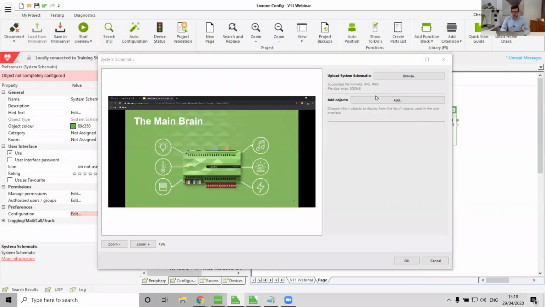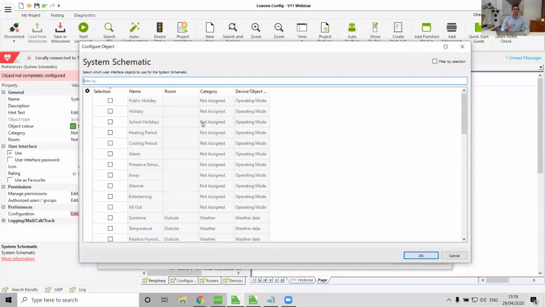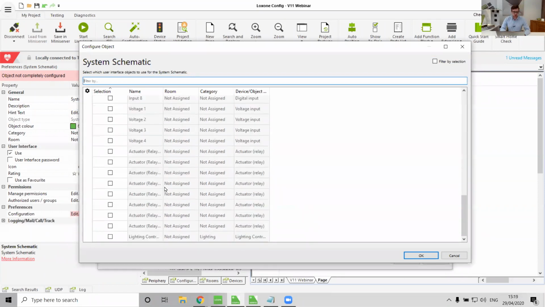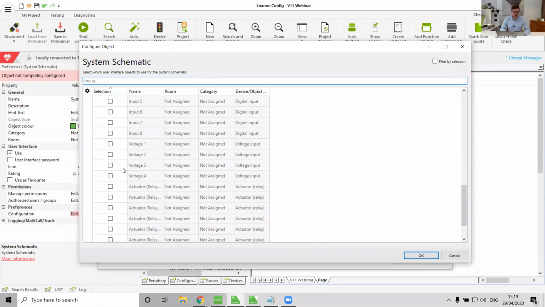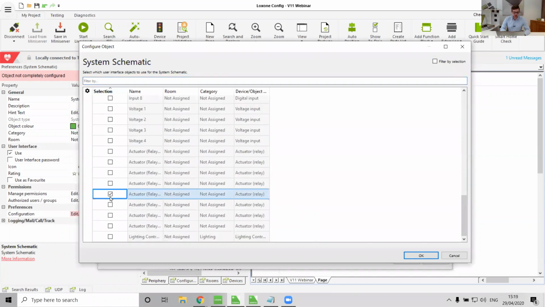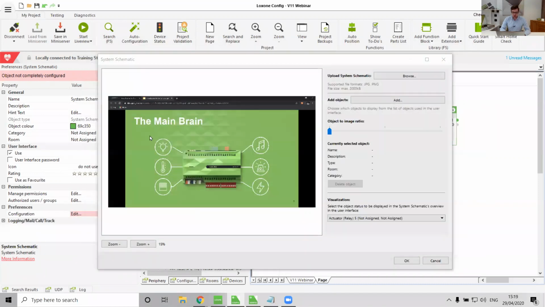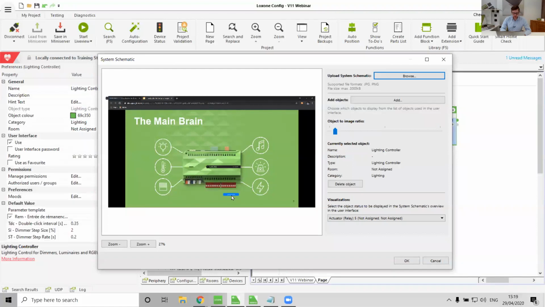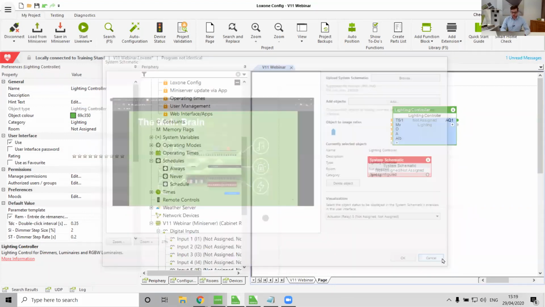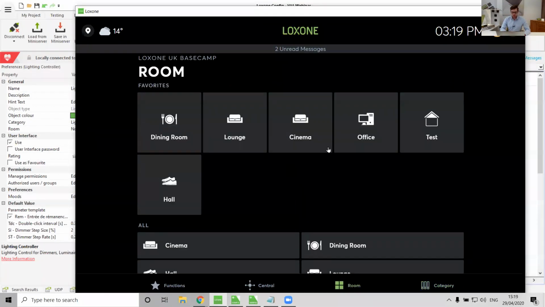When you upload your image, you can then just start overlaying elements. Any element which could be visualized in the app can be added to the system schematic. So that is not only function blocks, but it also includes things like digital inputs, analog inputs, and relays. So anything you can want, you can overlay onto this, drag them where you want, change the size of the objects, do whatever you want with them. You can also choose a default object that's visualized in this. And then when you've done that in the app, wherever you've put it,